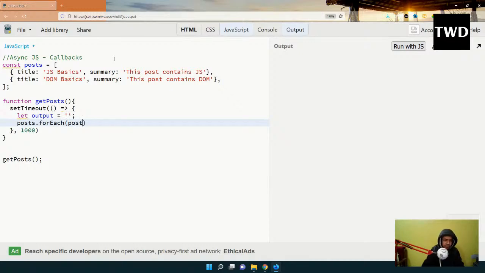I think I have shown the for-of loop also, but this is the advanced version. So post.forEach posts I'm doing, and then I do output plus equal to. Output plus equal to means output equals output plus whatever. So plus equal to is a short form, and I will use this backtick, and here I will use